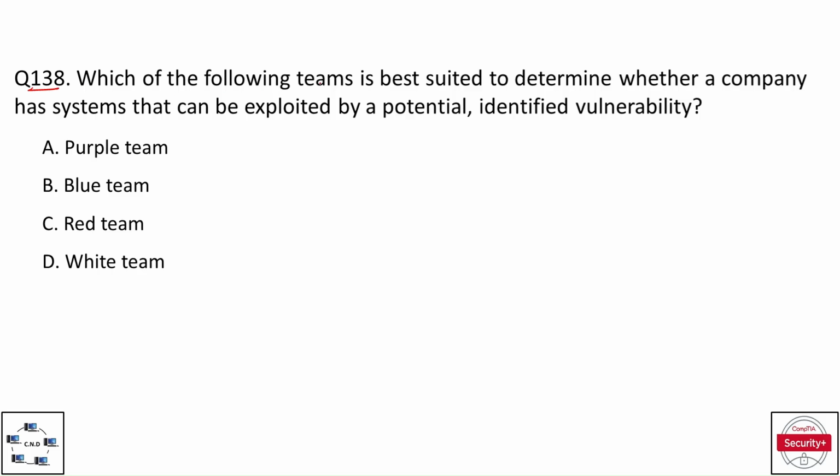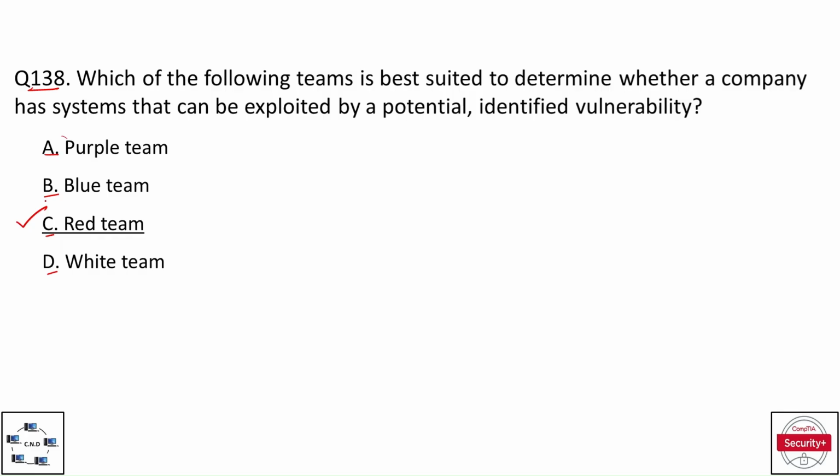Question number 138. Which of the following teams is best suited to determine whether a company has systems that can be exploited by potential identified vulnerability? And the options are option A, purple team, option B, blue team, option C, red team, and option D, white team. And the correct option is